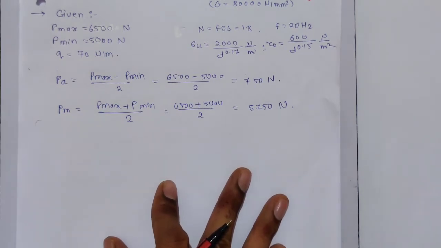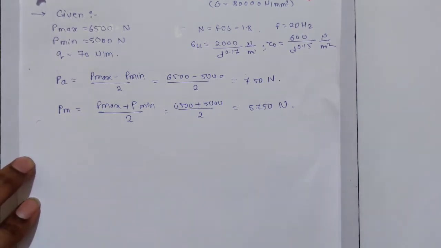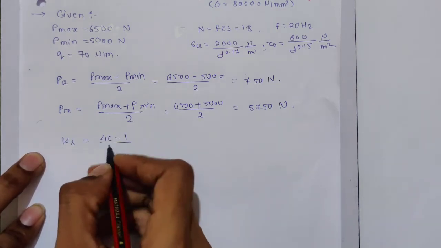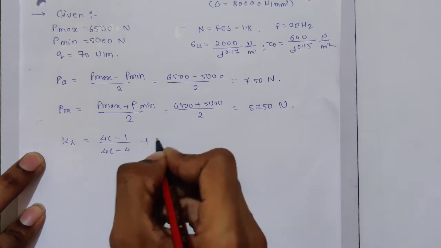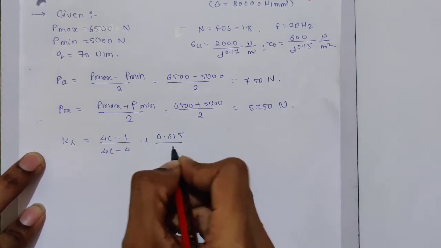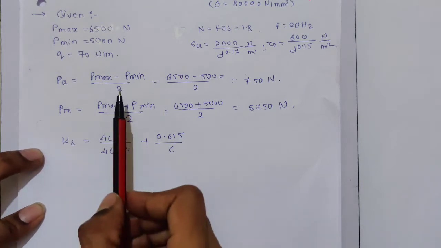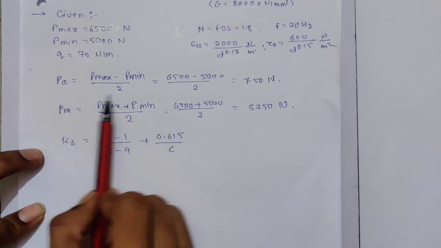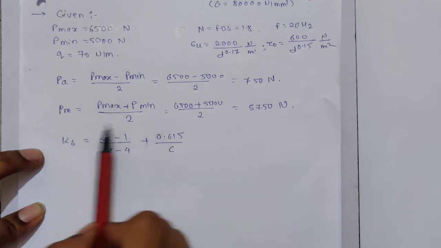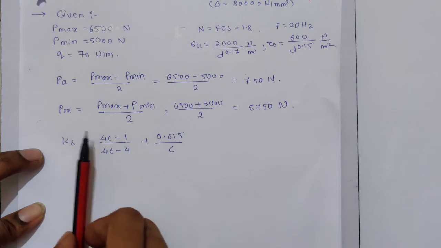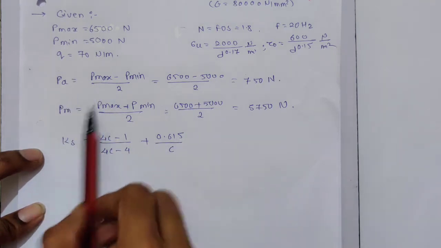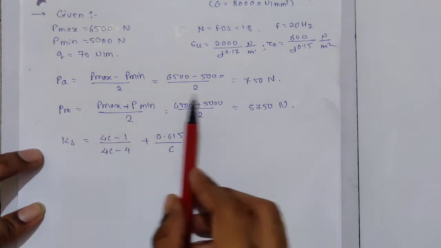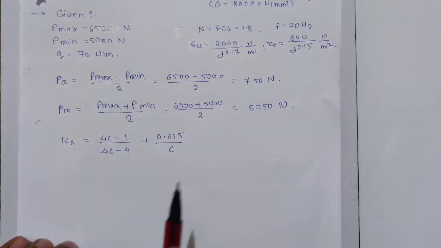So then after this we find Wahl's stress factor. Ks is equal to 4C minus 1 upon 4C minus 4 plus 0.615 upon C. In the last sum we were writing headings like amplitude load, mean load, assume this, assume that, Wahl stress concentration factor. It was for your convenience or to understand in your exam. You don't have to write all that, directly start like this. Okay, now assuming